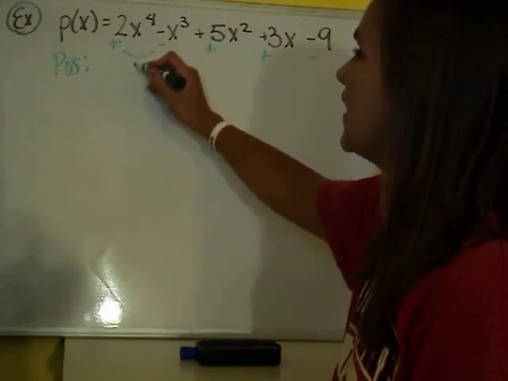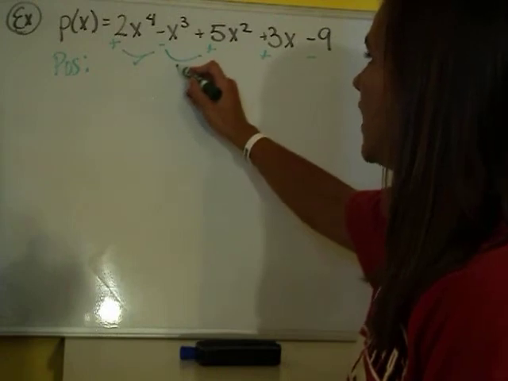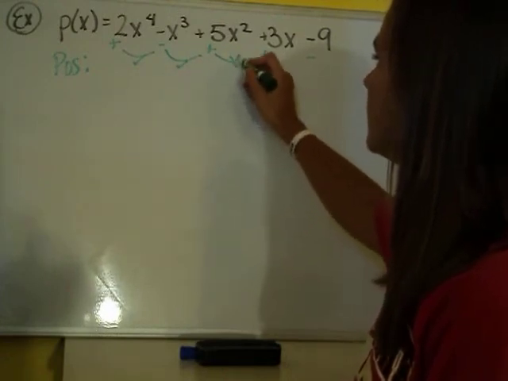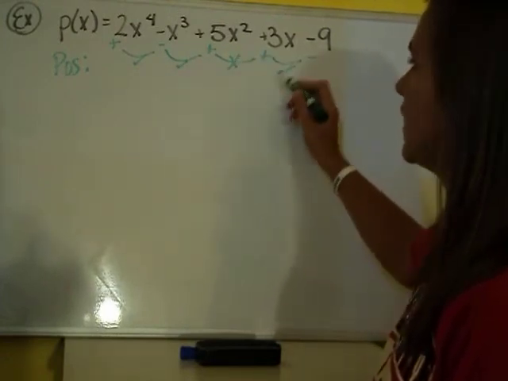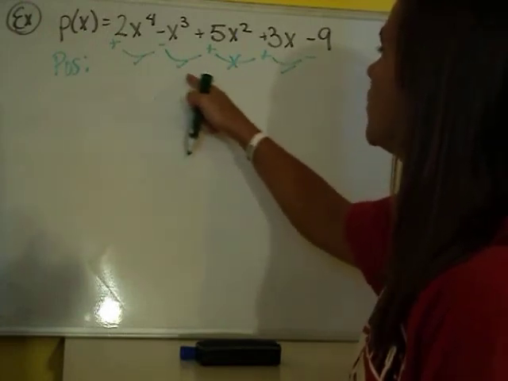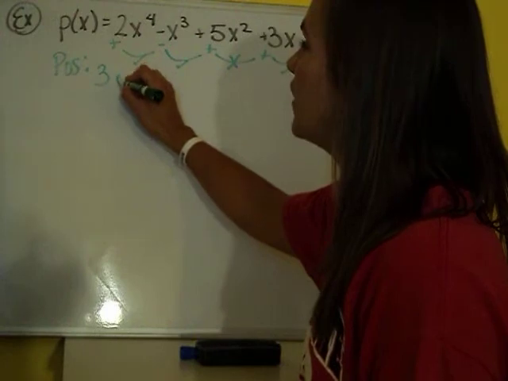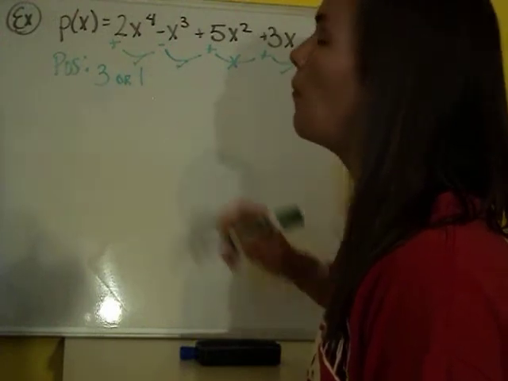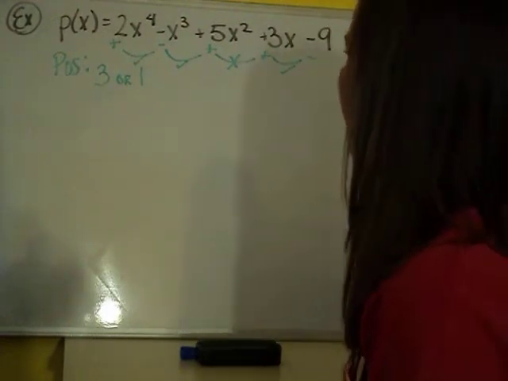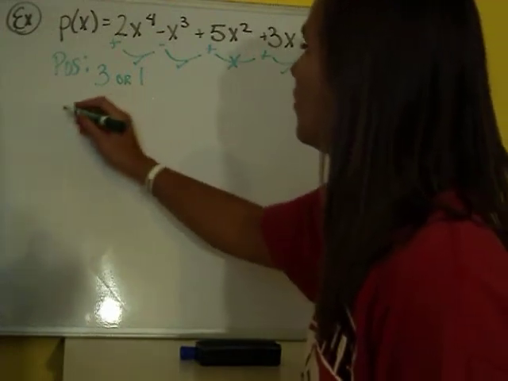So positive to negative, that's a sign change. Negative to positive, positive to positive, positive to negative. So here I have 1, 2, 3 sign changes. So that means I have 3 or 1 positive roots. Okay? With the negative,